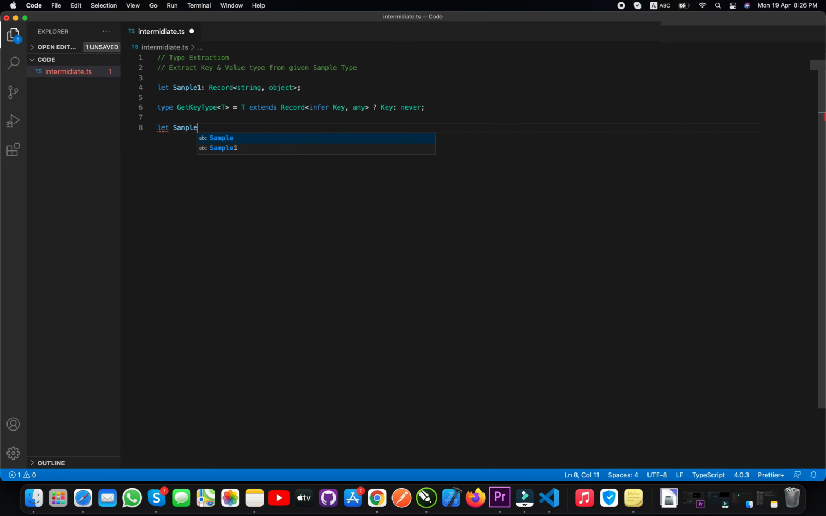Let sample, or we can say result, of type GetKeyType of typeof sample1. So now we are getting the key type of sample1, which is this here. If I hover on the result, we can see we have successfully inferred or extracted the type of the key